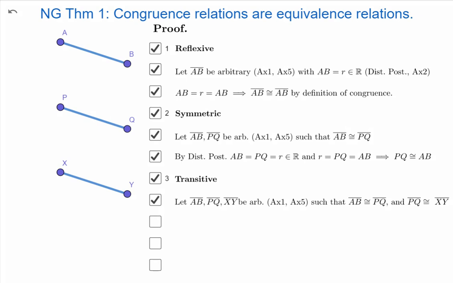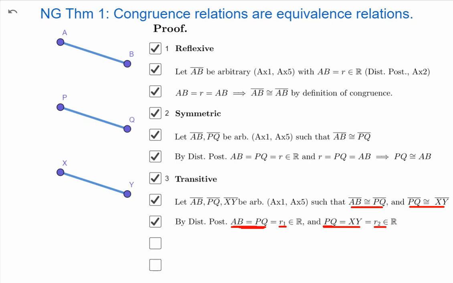Okay, and we're doing what we said. Assume that AB is congruent to PQ, and assume that PQ is congruent to XY. Now, by the distance postulate, since AB and PQ are congruent, we know that there's a real number, R sub 1, that measures the distance from A to B and the distance from P to Q, which are equal. And we know by the definition of congruence that there's a second real number,